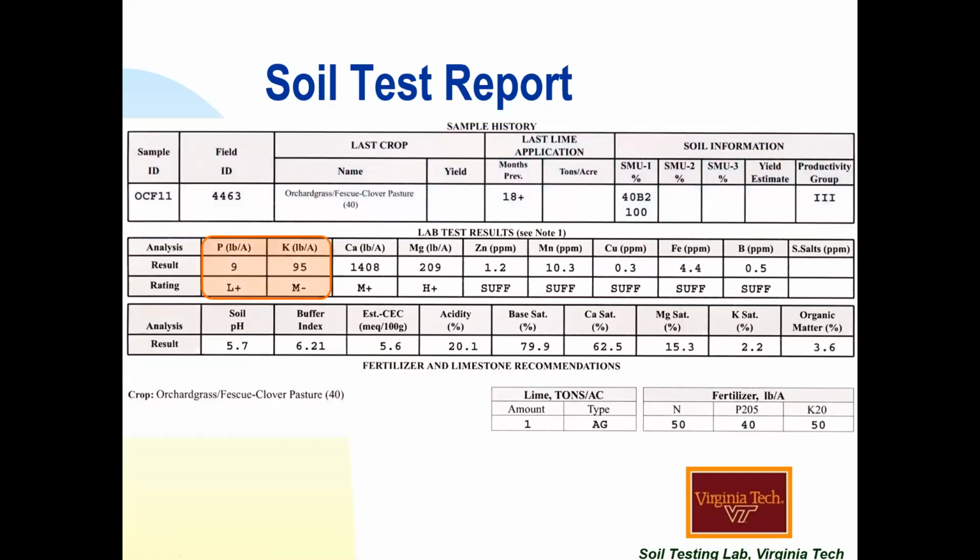When you look at the main nutrients, nitrogen, phosphorus, potassium, again, we don't measure nitrogen in the soil. It's based on the realistic yield expectations. Phosphorus and potassium, we measure the concentrations in the soil. We measure it in parts per million, and then with 2 million pounds per acre in a furrow slice, we multiply by 2 to convert it to pounds per acre. So the phosphorus there, 9 pounds per acre, and that's just the plant available component. There's a lot of reserve phosphorus in the soil that's not plant available immediately. So with our extractants, we only measure the proportion of phosphorus that's available in the soil.